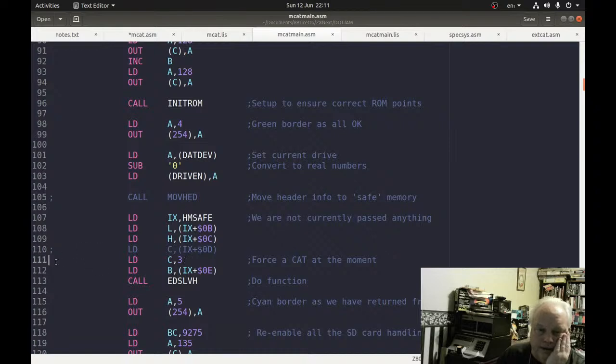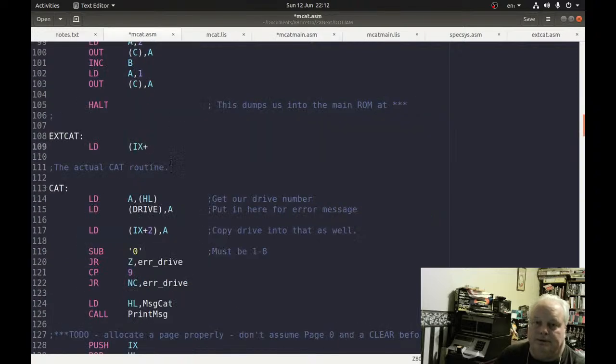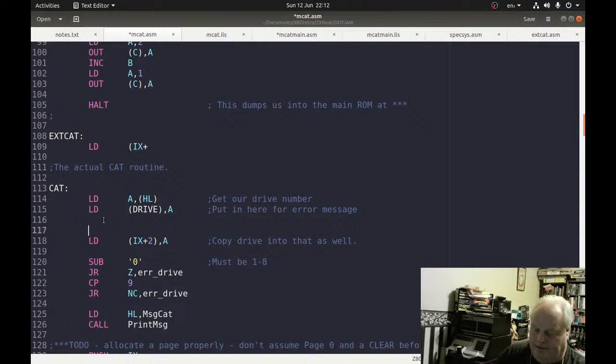So I'm going to undo that and do backup, pick it up from IX plus OD. So this is so we can pass all the parameters. So I need to make sure I put a 3 in IX plus OD before we call us. This could break it really badly. So I need to